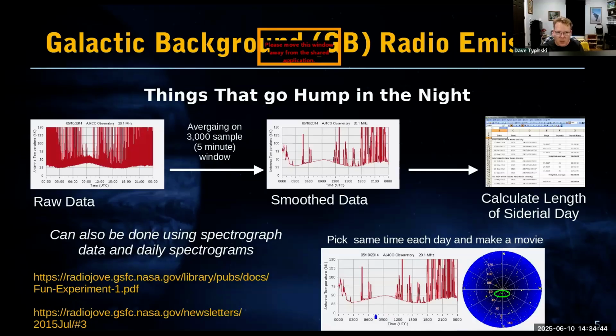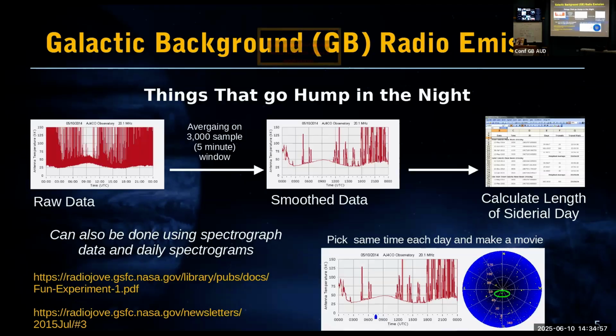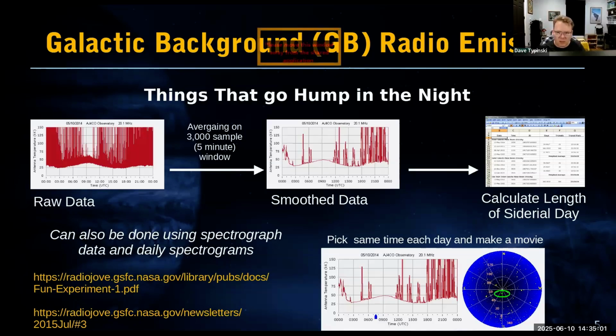You can use a single frequency receiver, or you can extract one or more channels from a spectrograph, average them together in frequency, smooth them in time, and then you look at when that galactic peak occurs in local,